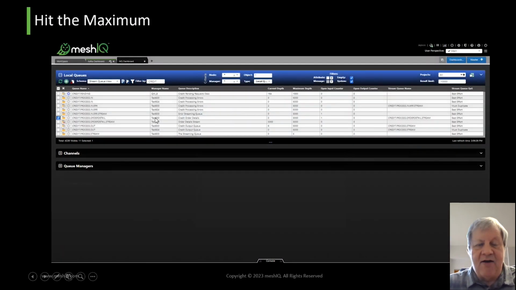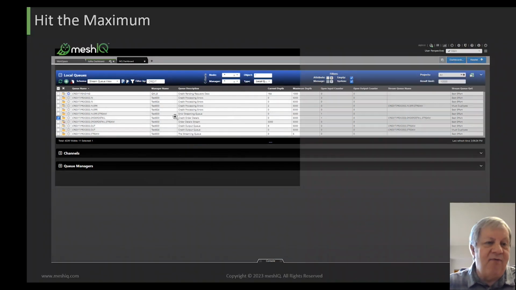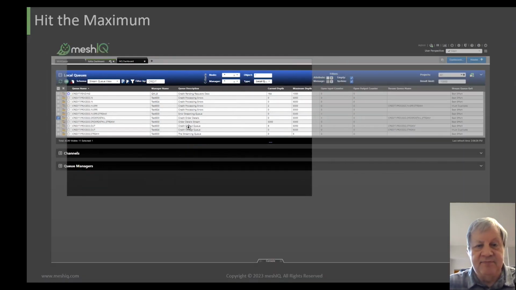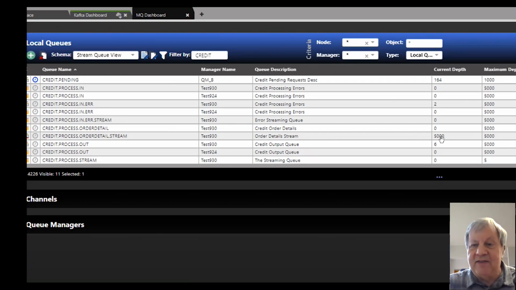There we go. All right, and now I've waited some period of time, and you can see that this stream queue has 5,000 messages on it. So I've now gathered 5,000 messages from the order detail queue. The original messages still flowed to the original application just as expected. I didn't have to do anything to that application. It doesn't even know that I've now sniffed 5,000 of its messages, okay? And that's why I used best effort, because once I hit the 5,000 max, I was done.